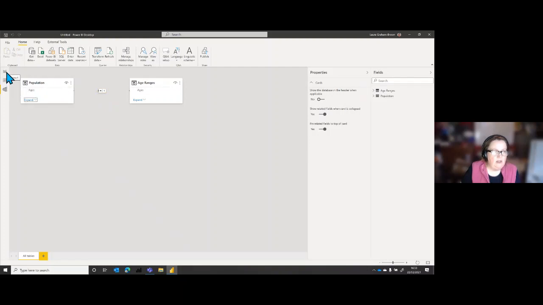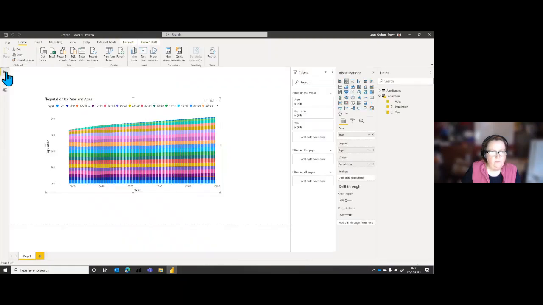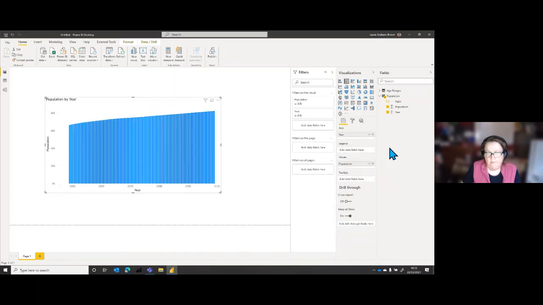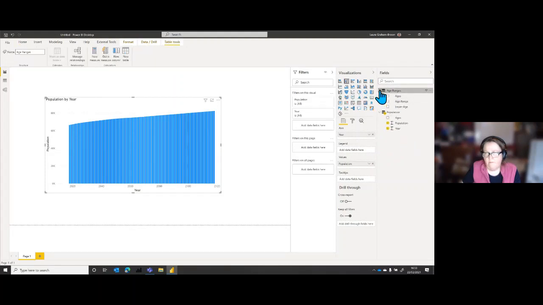So let's go back to my report and see what we can do. In here, I can see my too many colors. So let's take out that legend and put in a different legend, bringing in my age range.